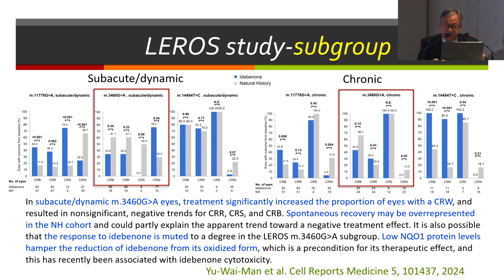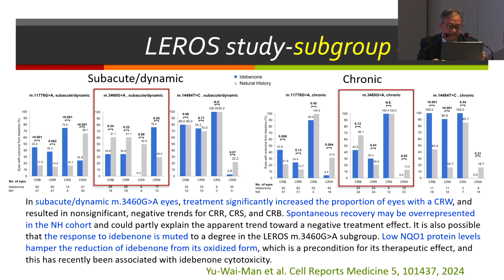However, it will increase to 60% for those cases in the natural history group with the 3460 mutation. So they proposed that maybe this worsening is caused by spontaneous recovery being overrepresented in the natural history cohort. Another theory they proposed is that there's an NQO1 SNP which is responsible for the low NQO1 protein levels, which may hamper the reduction of idebenone from its oxidized form. We know that idebenone, if kept in the oxidized form, would be cytotoxic to retinal